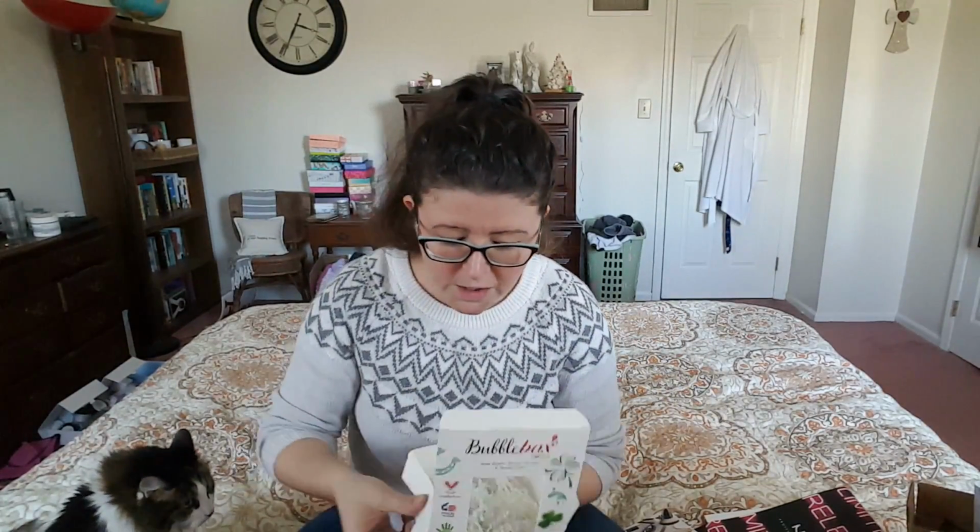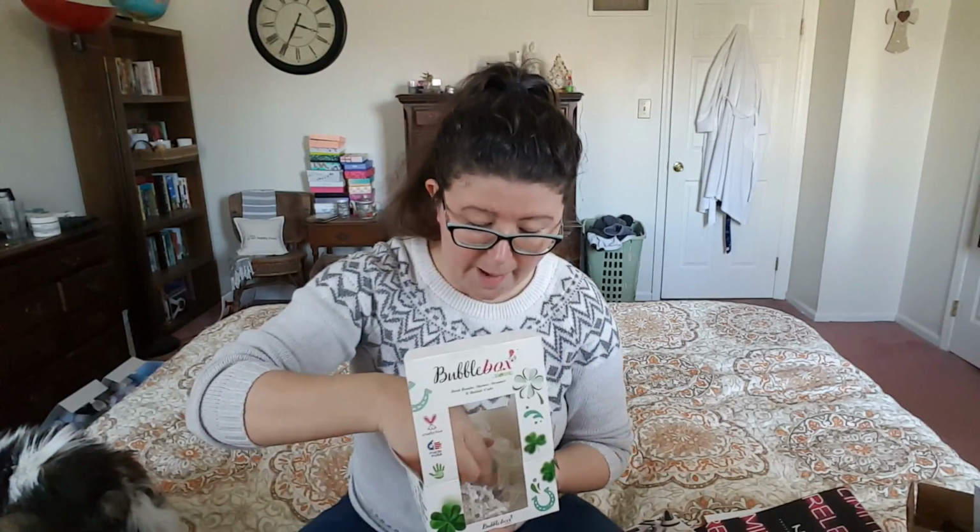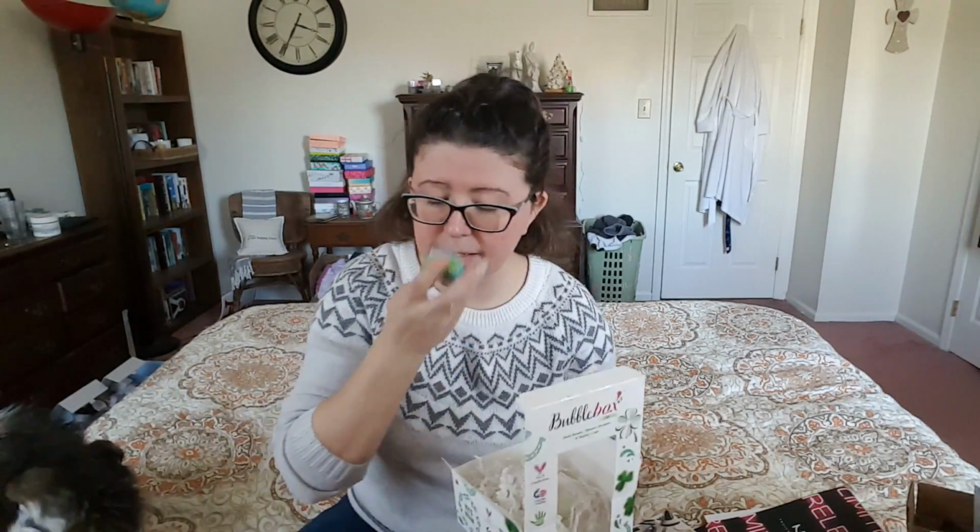The box smells like cedar. It smells like cedar and it's so earthy smelling. It's wonderful. And everything is green. How cute. I love it. All right, so first is a little bath bomb. This smells like it's going to have a lime scent. That smells really good. Then there is a bubble bar, and this is in,